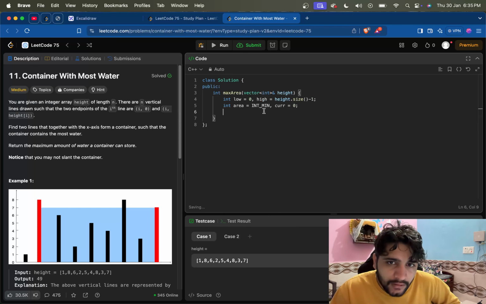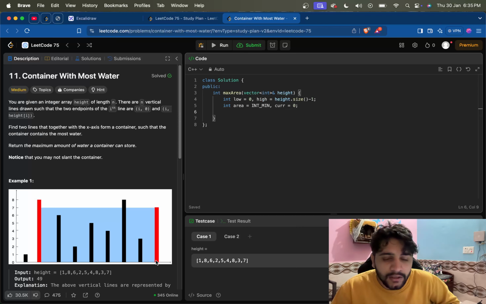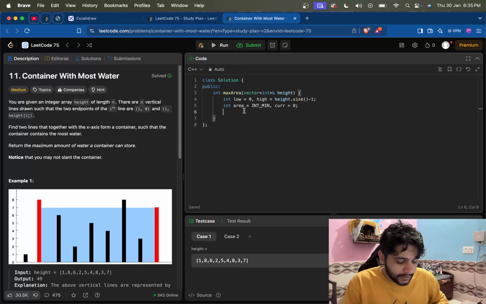Okay, so what we can do is initially we have these two points, 0 and, let's see, 0 1 2 3 4 5 6 7 8 9 elements, so 0 and 8. Okay, so what will be the water if these two are considered? There is nothing in between them, so it will be the minimum of these two heights multiplied by the distance between them. So we can say while high is greater than low, we can work,